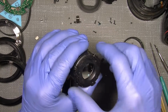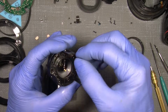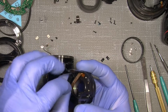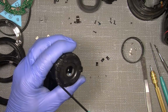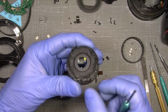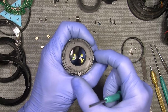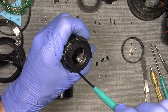So now the aperture assembly is almost free, but I need to unhook the rest of the flex here. Just pull it and take care of the back lens here, not touching it. So then I can unscrew the 3 screws holding the lens here. And this one can actually only sit in one way, because this one here is not the aperture actually. It's more the one that, when you zoom in and out, also follows, so you have the constant